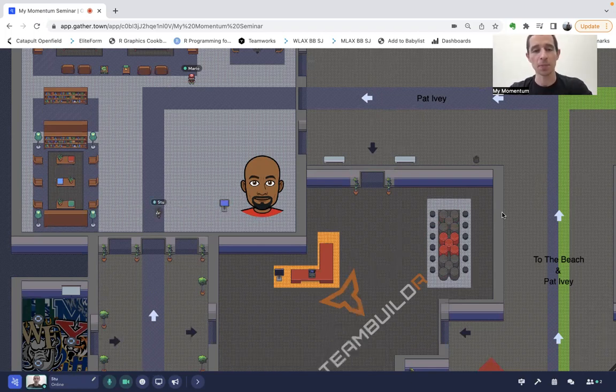Now, right now, I'm just in this kind of public space. You can see at the top of the screen here, there's a little character, a guy called Mario. Mario just so happens to be me on a different laptop over here to my left-hand side, but this will give you a kind of glimpse as to how you interact with people